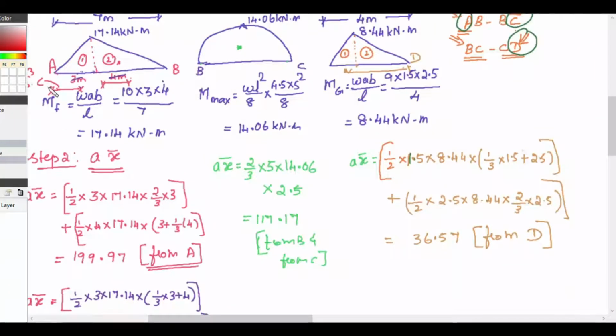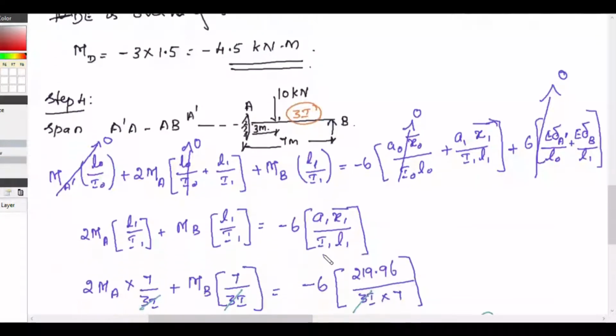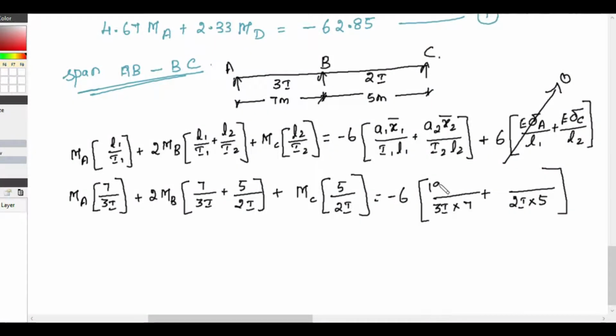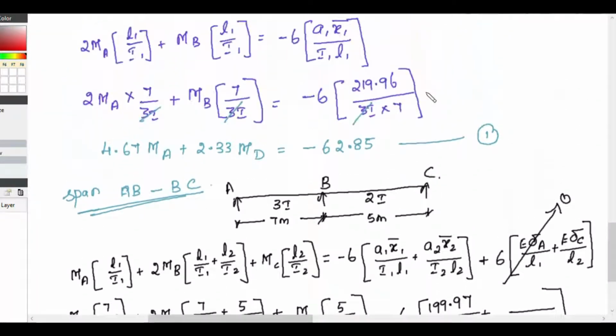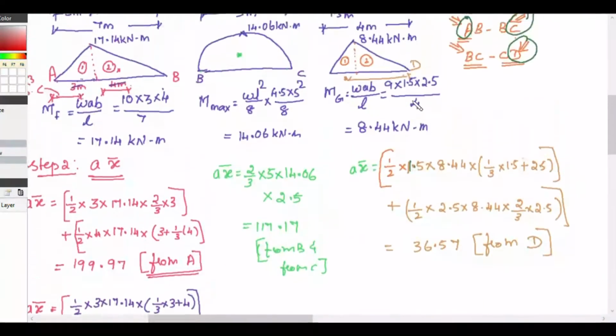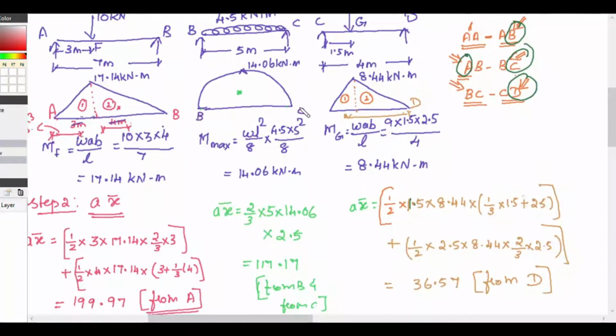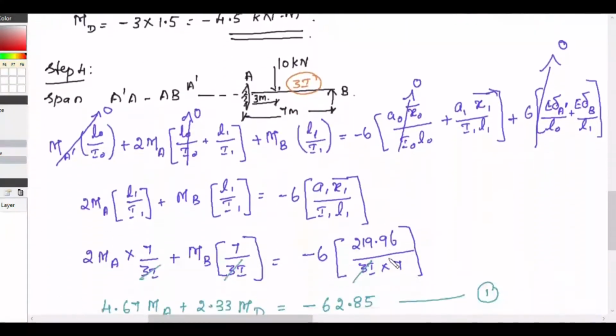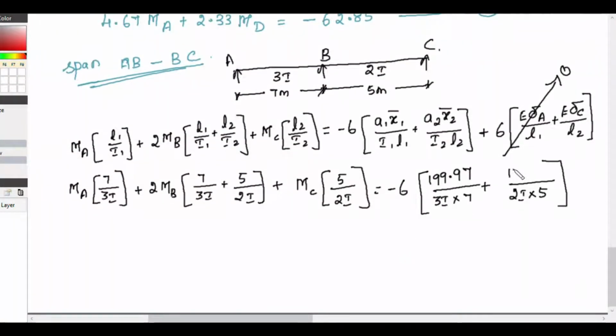A1 x1 bar is calculated from A. From A the value is 199.97. A2 x2 bar is for the span BC calculated from C. Here both are same. So 117.17. So you simplify this, we get